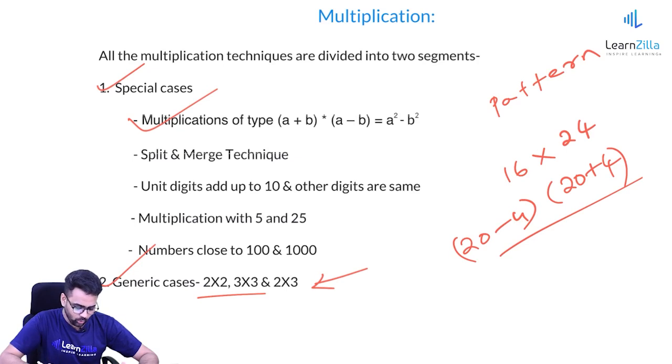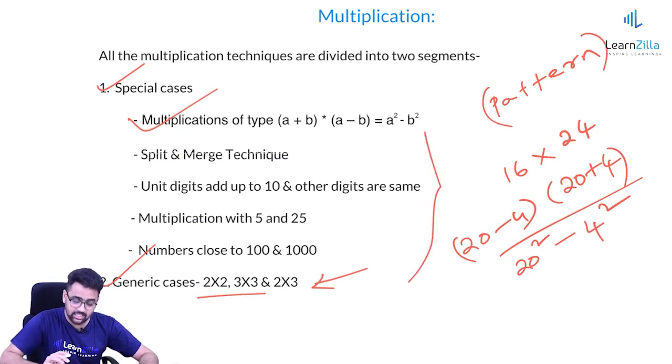So when I am actually trying to calculate this multiplication, instead of going with the traditional approach or a 2 by 2 generic approach, I can directly write this as 20 square minus 4 square. This is just the way in which you can understand what a pattern means. Anyways, we'll be covering all these at length, so you don't have to worry at all. Firstly, just to give you a sense of what pattern means, this is how it looks.